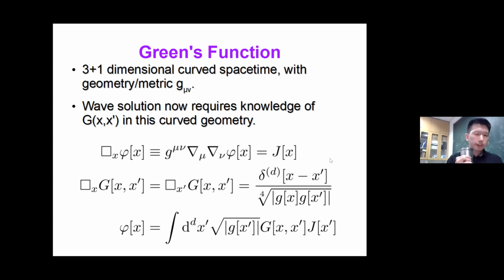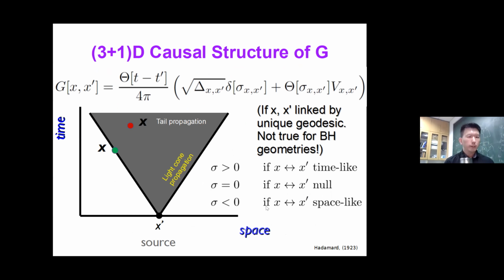But just as in the flat space case, phi is once again the superposition of all the fields produced by all space-time points x prime, weighted by the physical source J, but now you have to do the integral in a space-time covariant manner. So this is where the departure from flat space-time comes in, and this is where Hadamard comes in. Hadamard showed, although my understanding is he didn't use covariant language, that in four-dimensional space-time, if you remain in a region where the source and observer are linked by unique geodesics, you can